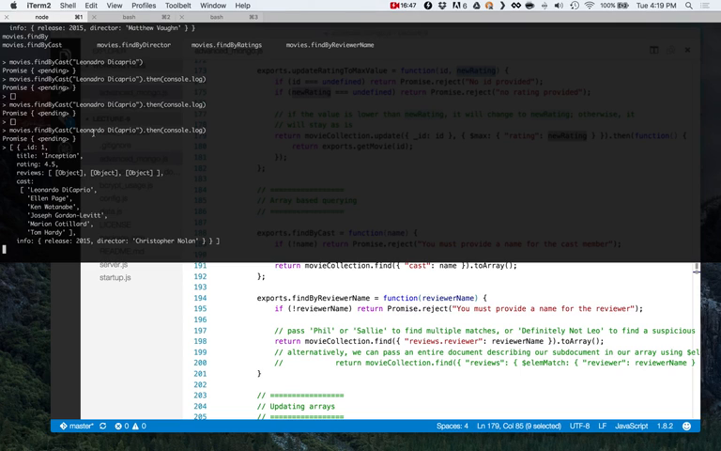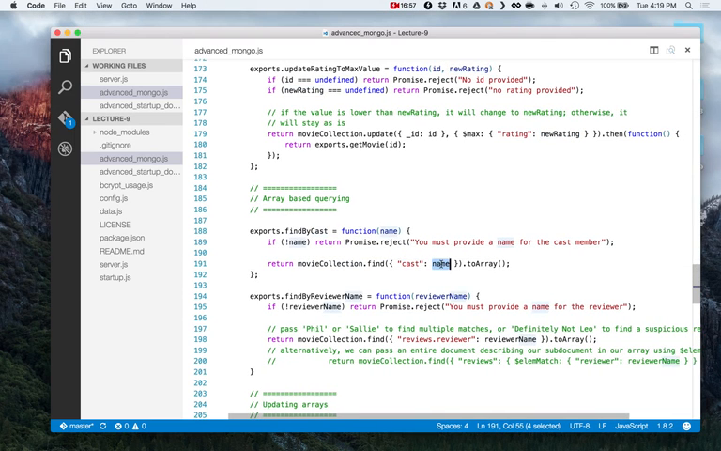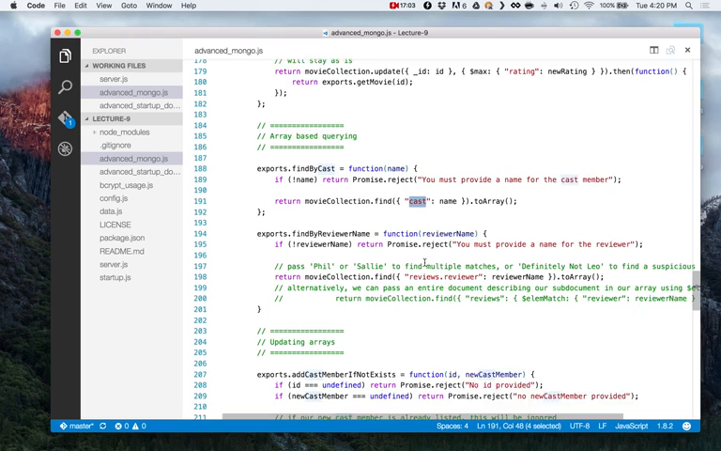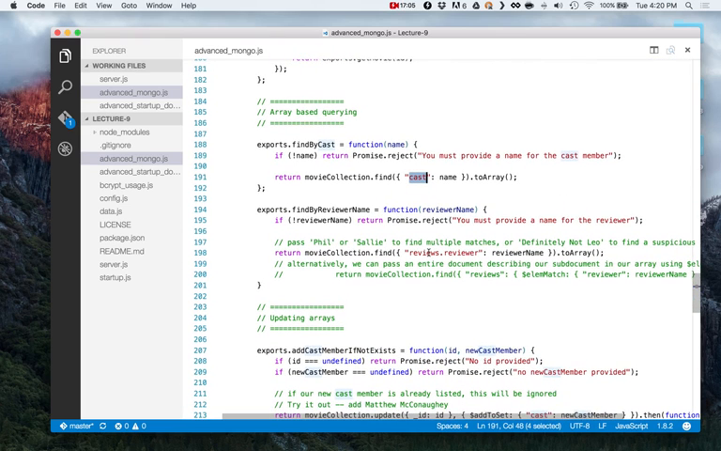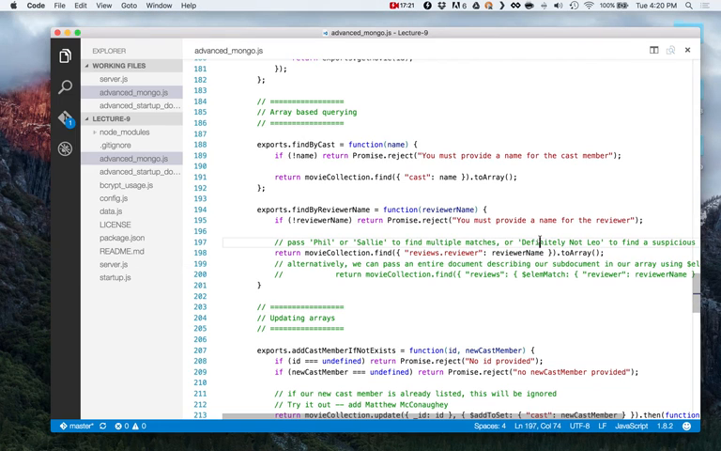So when we do find by cast, what we're going to say is look for documents that have in their cast Leonardo DiCaprio. Now when you find by this, all you have to do is provide the one name, and it'll search through, if it's an array, the entire array for a match. So nothing really too complex. But when your array contains actual objects, what you have to do is provide reviews, which is the array name, and then the reviewer, which is the field name, to match on. So if we wanted to find by reviewer Sally, or definitely not Leo actually, to find somebody a little suspicious,